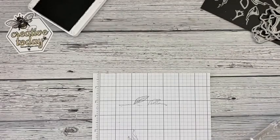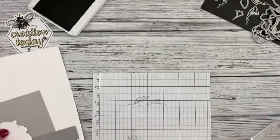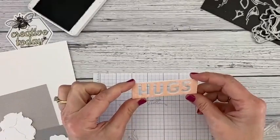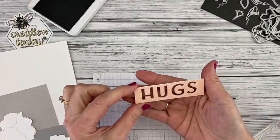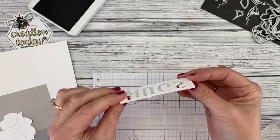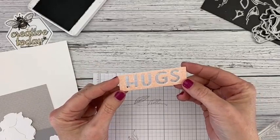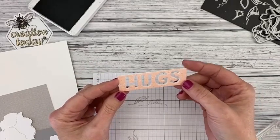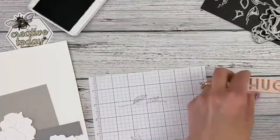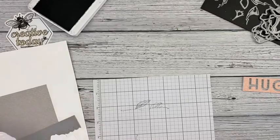so if you make a card that says something like hugs or whatever, you are going to end up with a negative. And this is my hugs. This is the piece that I cut my HUGS out of. And it also is popped up and ready to be used on a card. And I thought, gosh, I can't throw that away. I need to figure out a card to use this with. So what I wanted to do was show you how to put this